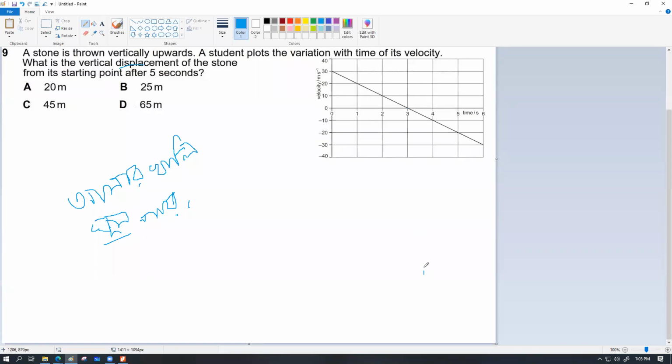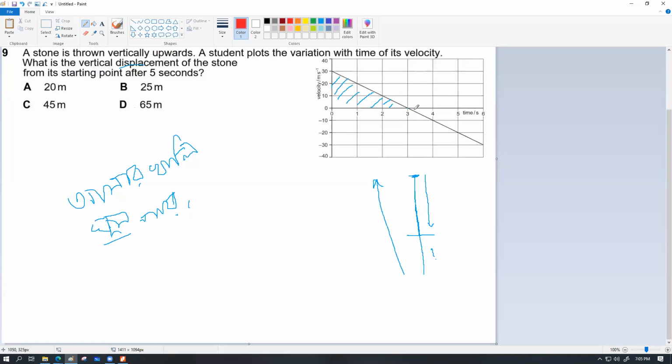So উপরে উঠতেছে উঠতেছে, 3 সেকেন্ড পরে সেখানে স্টপ হয়ে টার্নিং পয়েন্ট হয়ে যায়। Turning point. Beautiful. Beyond this point, it's going to start falling downwards, and we are asked to calculate the height after 5 seconds. So rise এর জন্য হচ্ছে 3 সেকেন্ড, fall এর জন্য হচ্ছে 2 সেকেন্ড। কোশ্চেন হচ্ছে এটুক কত।